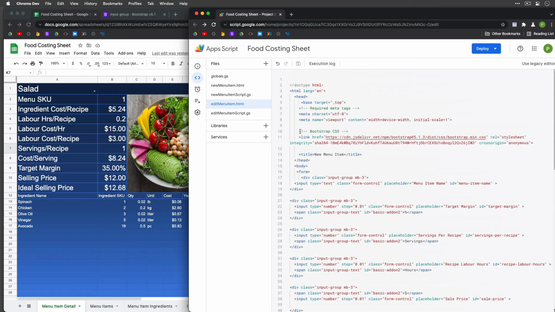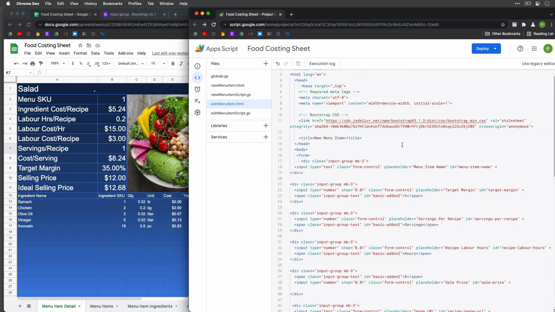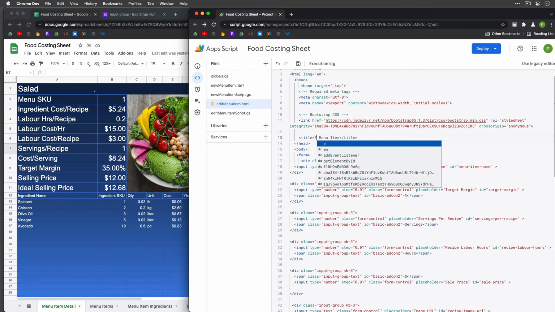And the edit menu item will look, it'll basically be the same as the add menu item as far as how the fields, except we're not going to have the name as an option. So edit menu item,